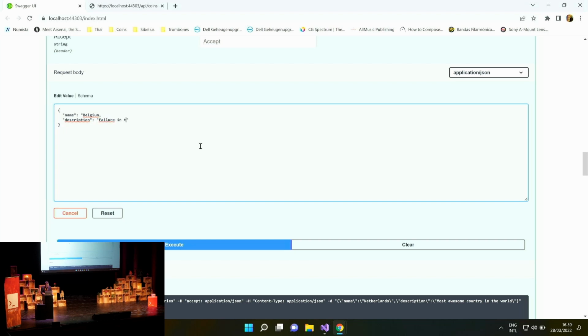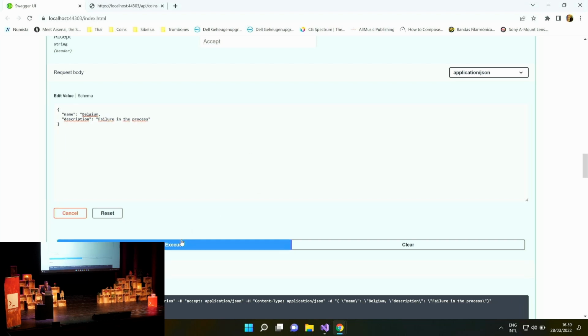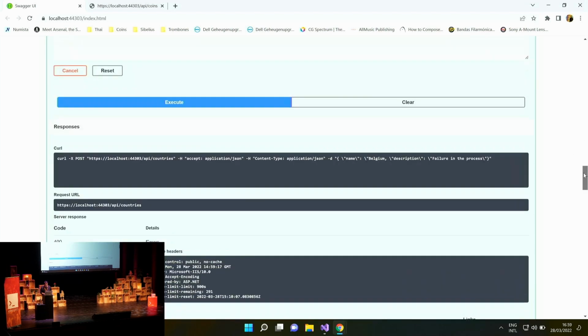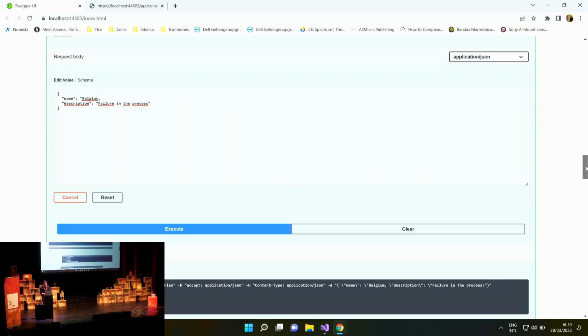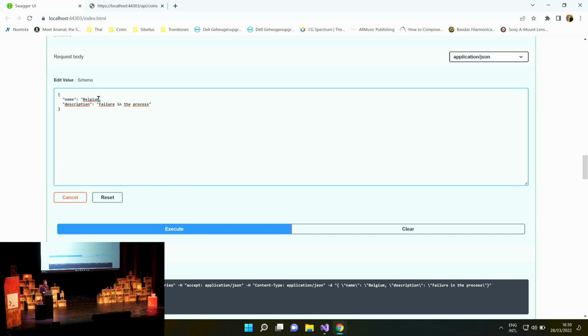Failure in the process. When we do an execute, it gives us a 400 code, an error code. Why did it give us, in this case, an error code? Because I didn't add the extra quotation marks, which is a fault done by me, the client. So that's why we get a 400 error,